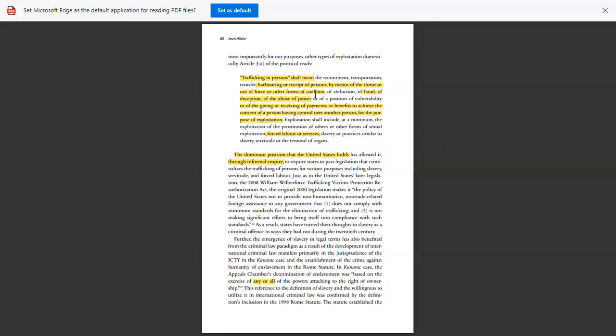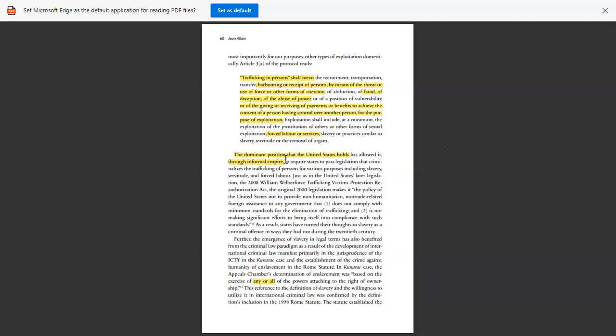And if it's done through coercion, by forcing consent, by having control over another person, like your offspring, or by giving benefits and payments to the person who comes to the court system over another individual, like in parens patriae, as expressed in that prior clip, then these are all things that were known shouldn't be done, yet it's still being done. Forced labor. These are slavery or practices similar to slavery. So the dominant position of the United States holds